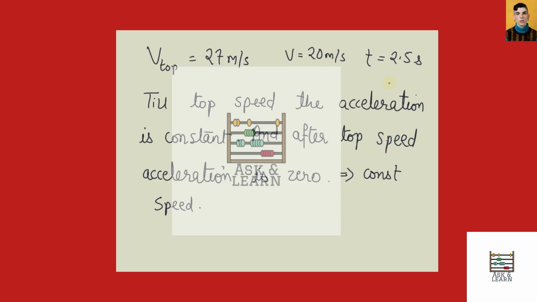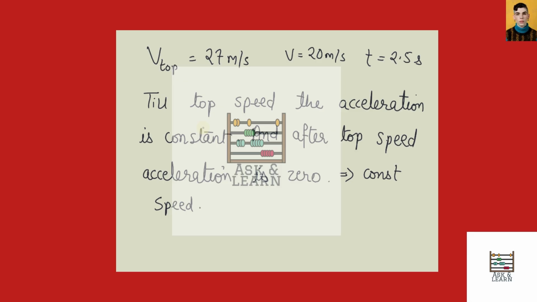Hello. In the question we have given that cheetahs can accelerate to a speed of 20 meters per second in the time of 2.5 seconds and can continue to accelerate to reach top speed of 27 meters per second. So the top speed is 27 meters per second. We are concerned about it. And further,